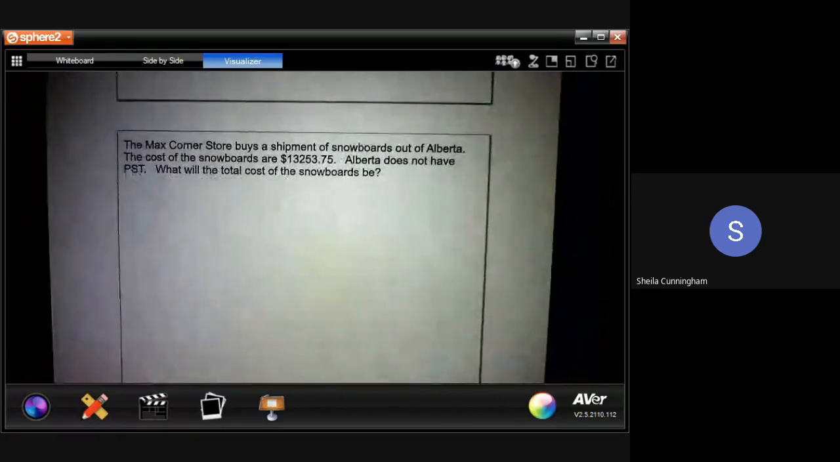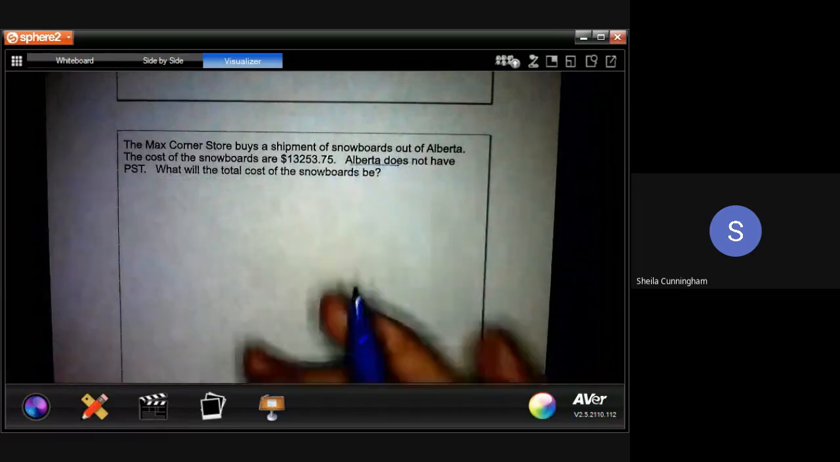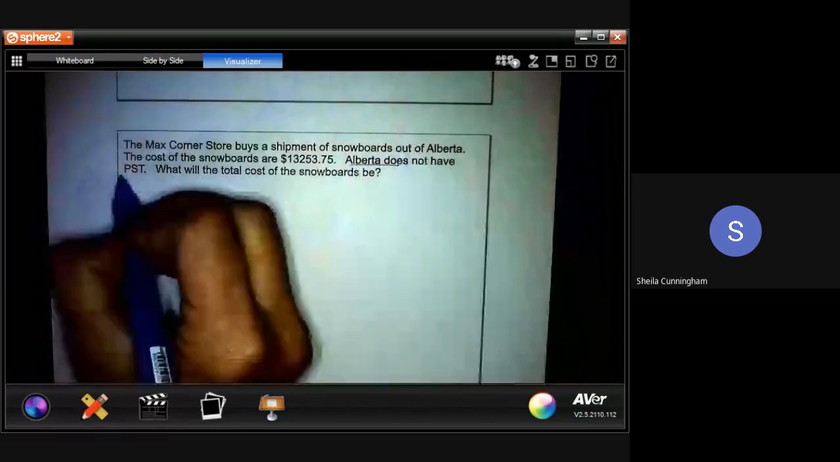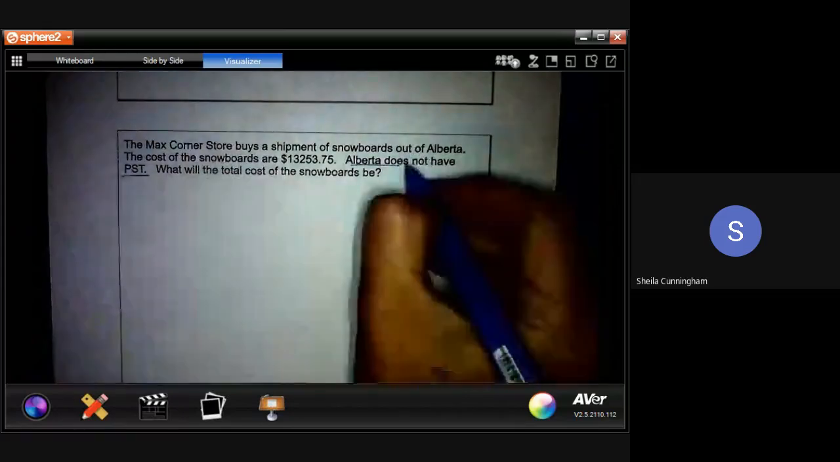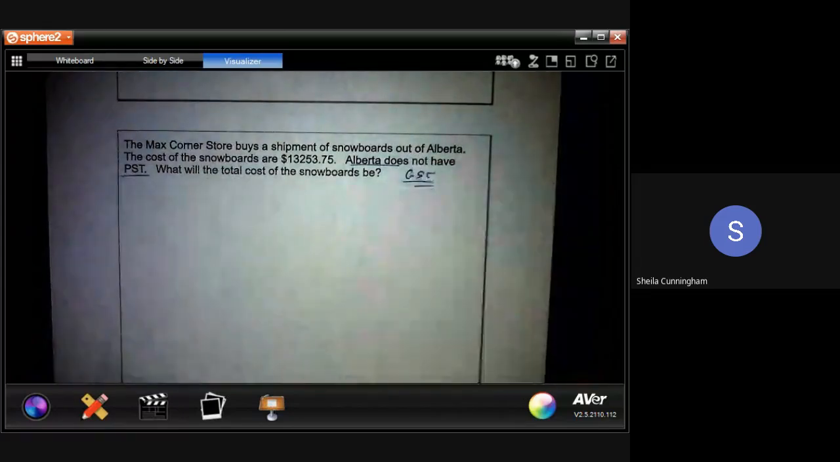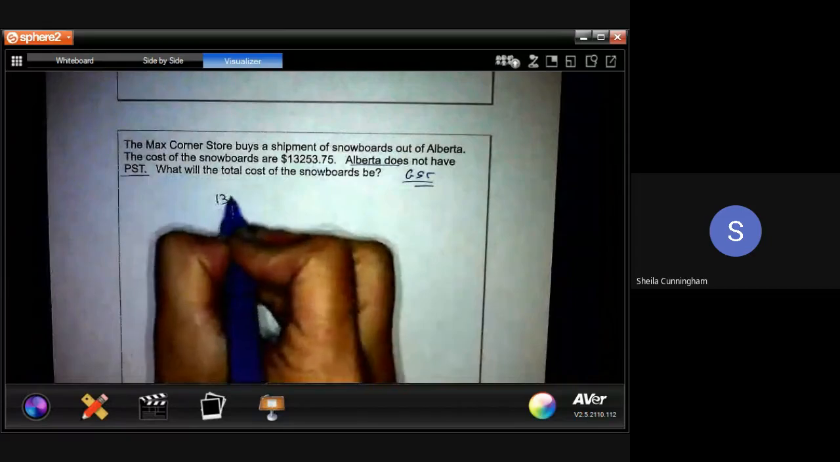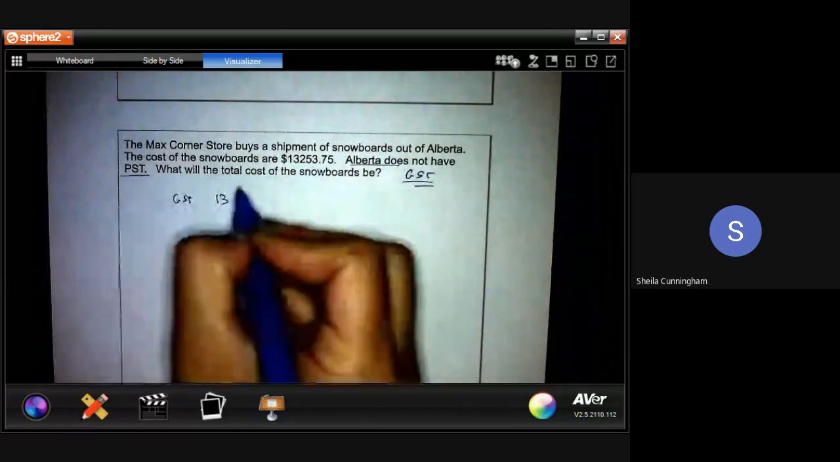Okay. Max Corner Store buys a shipment of snowboards out of Alberta. The cost of the snowboards is $13,253.75. Alberta does not have PST. What will the total cost of the snowboards be? Okay, so that's interesting. If we're not dealing with a provincial sales tax, we know for sure we're still going to deal with the GST. So we have to look at that federal sales tax. That means we have to figure out how much tax is on this